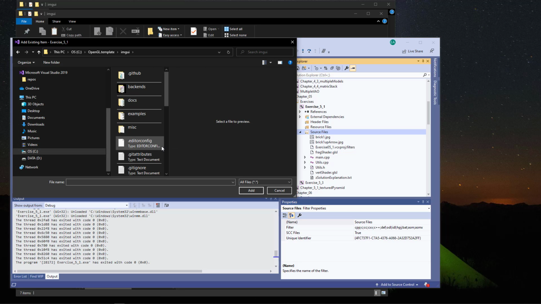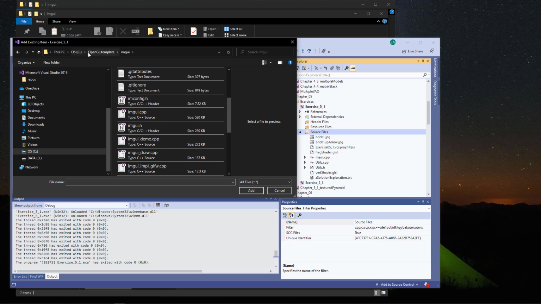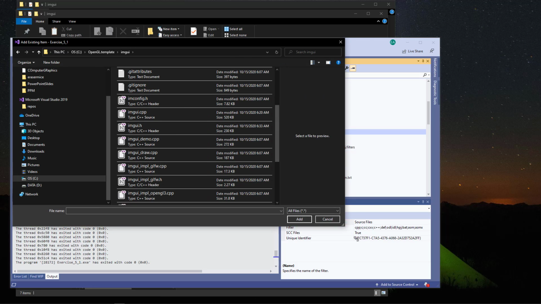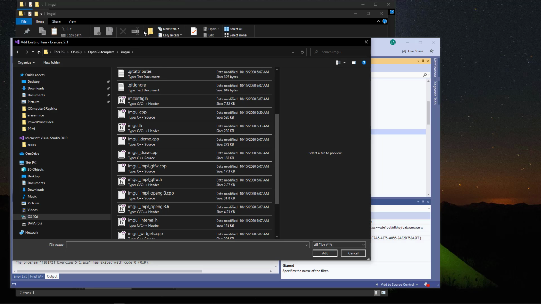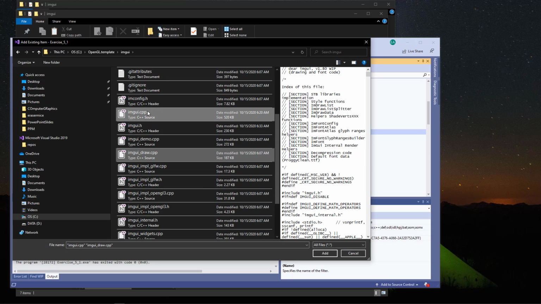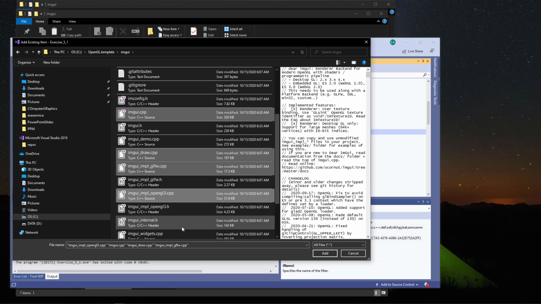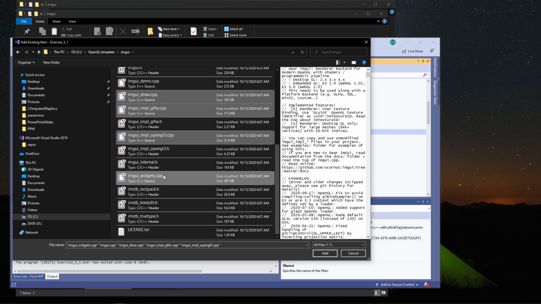They are in ImGui. Let's see. Who decided to make it look this way here? Well, this one, oh no, not template, draw we need, CPP we need, GLFW we need, OpenGL3 we need, and